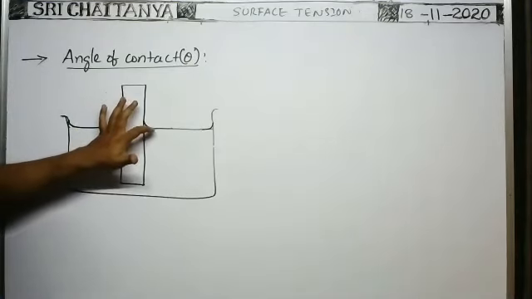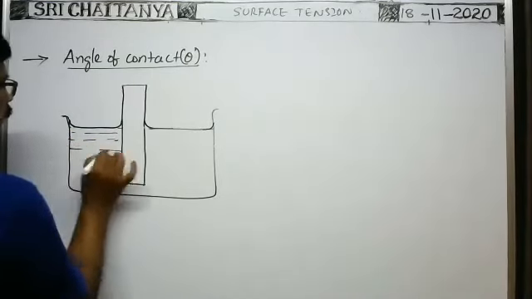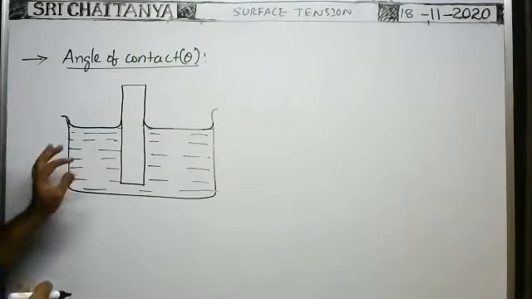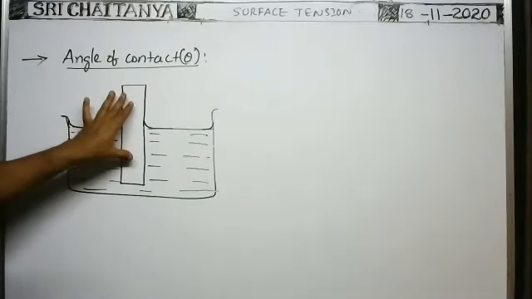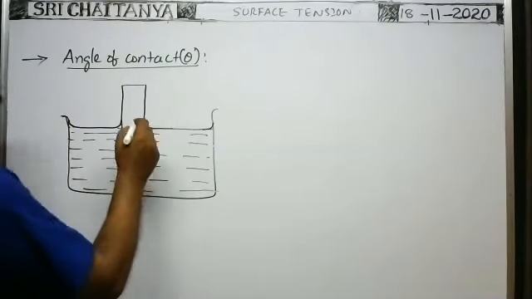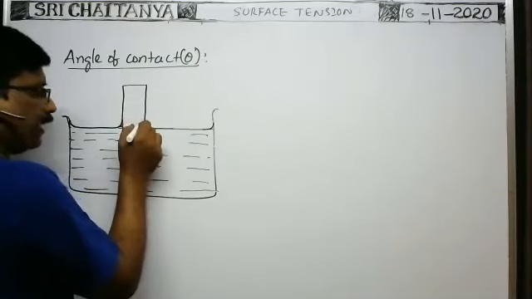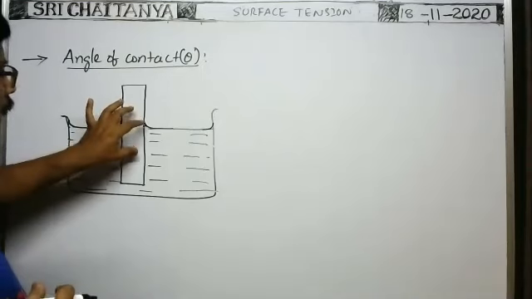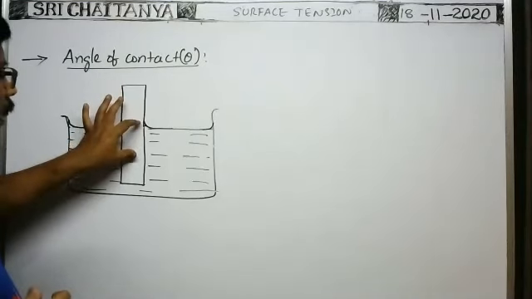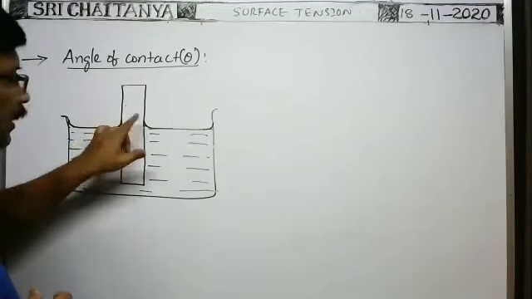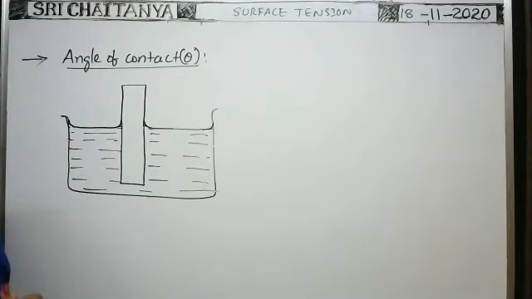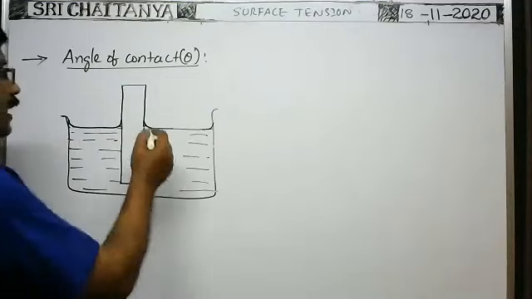Here this concave surface. Of course, whenever the glass plate is kept submerged so that a part of it is above the liquid surface, then when you keenly observe the surface of liquid in contact with the solid surface, at that point it is not flat, it is not a plane, it is having curvature. Why it is having curvature, I will explain.